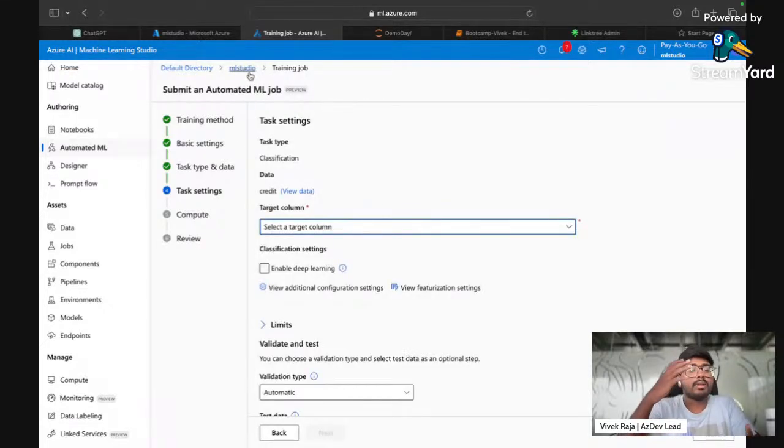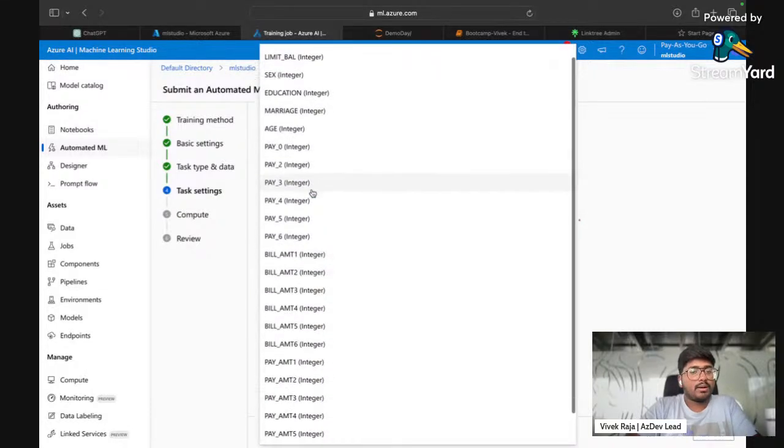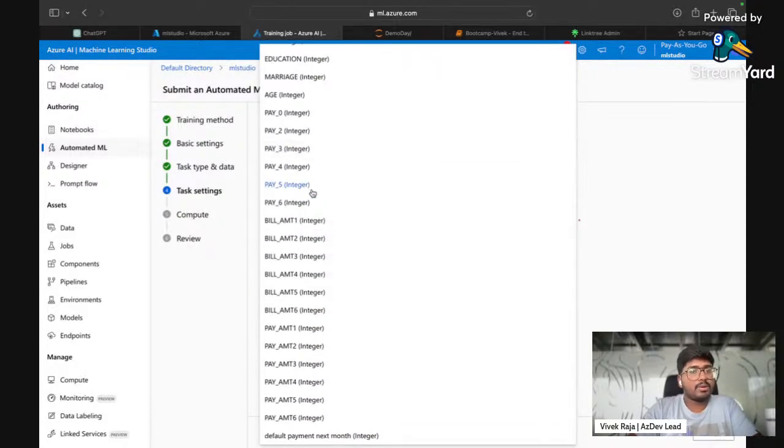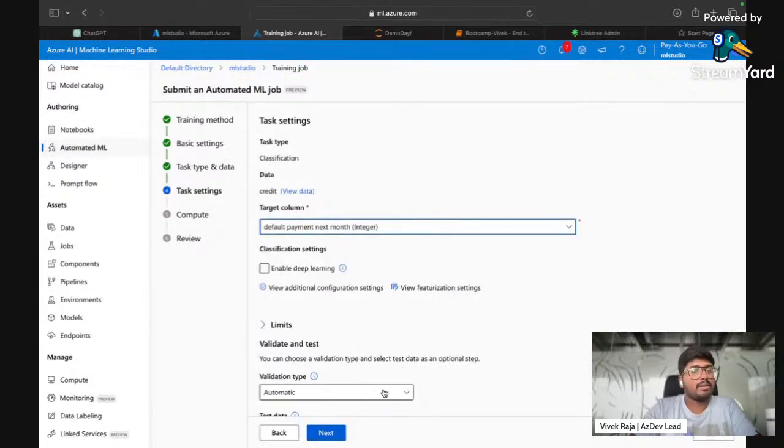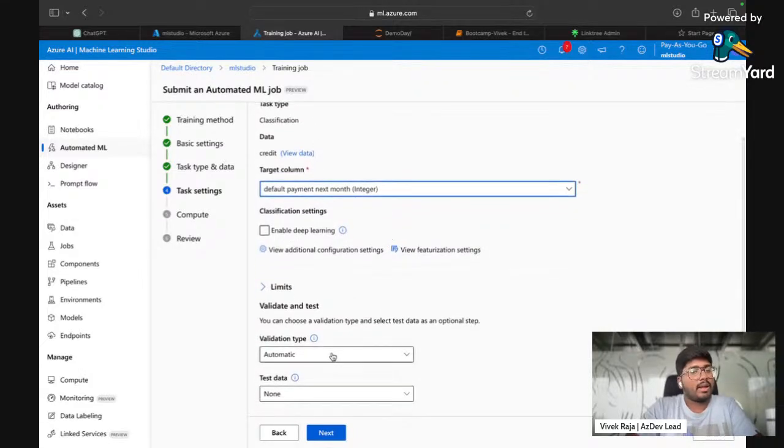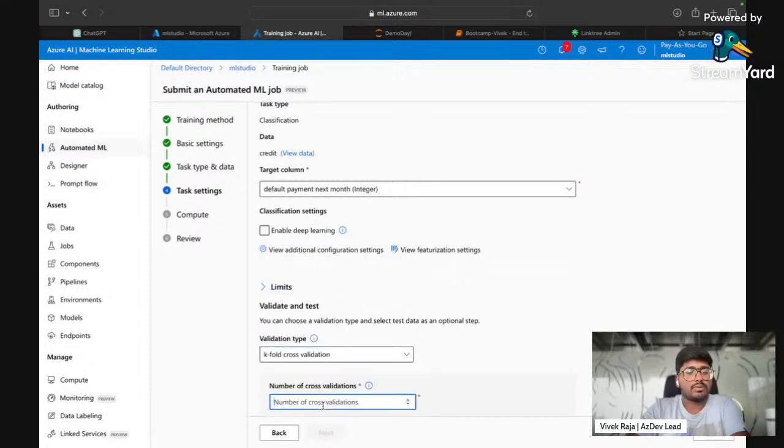It gives all the details about what the person does and how many loan EMIs he has paid, and you're going to predict whether the person will pay the next EMI payment or not. That's a machine learning problem. I'm selecting the target column and validation. You can go for k-fold validation; I usually go for 5.